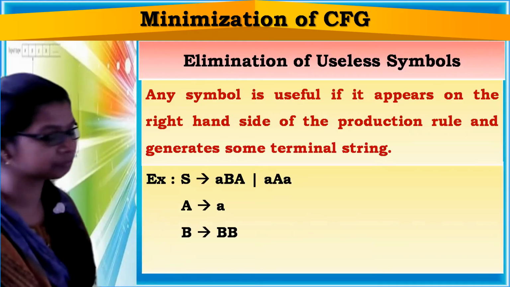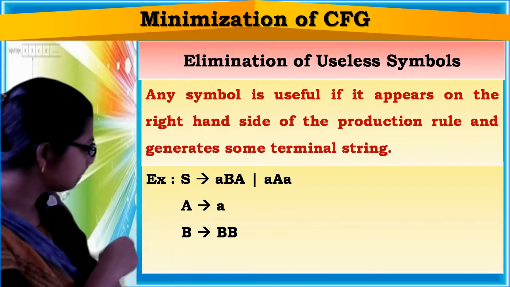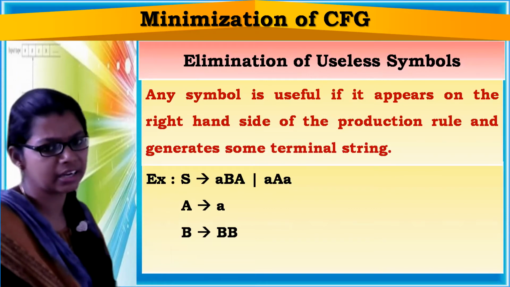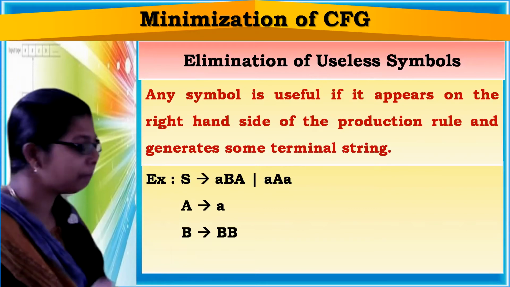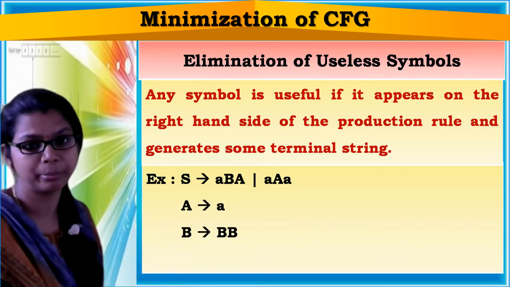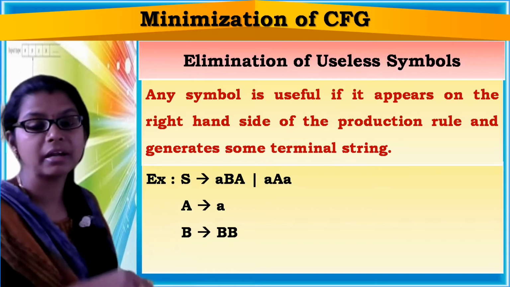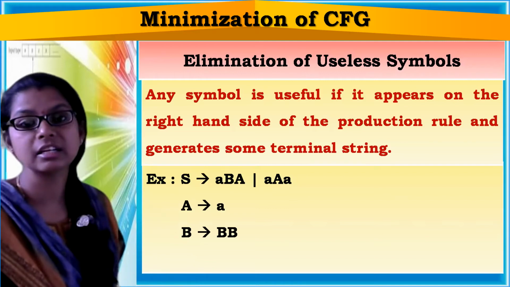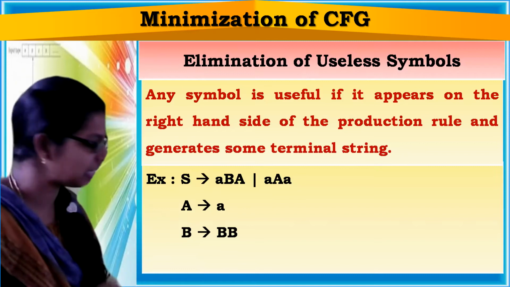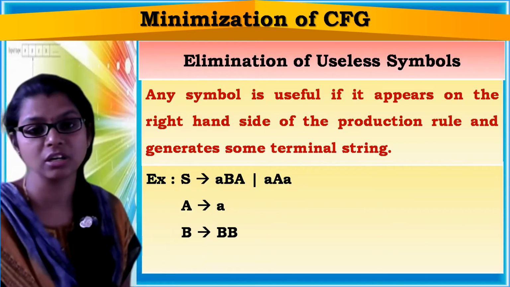Now see this given grammar. Go through non-terminal B. It is appearing on the right hand side, but B produces BB. Again, the same thing is getting repeated. B has a production and is present on the right hand side, but it is not producing a terminal string. B producing BB has no terminal at all, which means we cannot end with it.